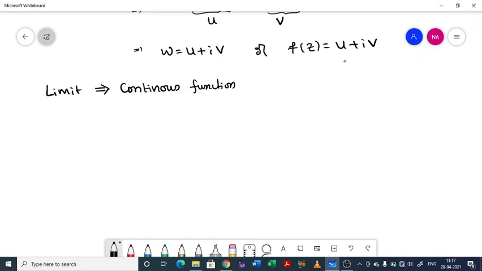So when do you say that the limit of a function is a number k which exists as z tends to a, where f of a is actually not defined. So that is about limit. What do you mean by continuous function? We say that this function f of z, which I am considering for all this discussion, is continuous if limit f of z as z tends to a is equal to